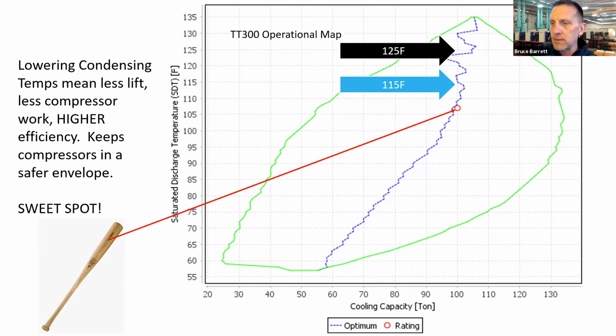We also have a new compressor for our air-cooled mag-bearing and heat recovery machines. I'm going to save that for the heat recovery seminar. But this new compressor allows us to operate and expand the operating envelope all the way up to 145 degrees saturated condensing temperature. Applications like Arizona, where it gets 120 ambient, 115 ambient, I would use that compressor. Texas, when they see 45 days of 105 or higher ambient and it never cools off below 100, this is not the right compressor to use. That's where that high lift compressor is going to come into play.